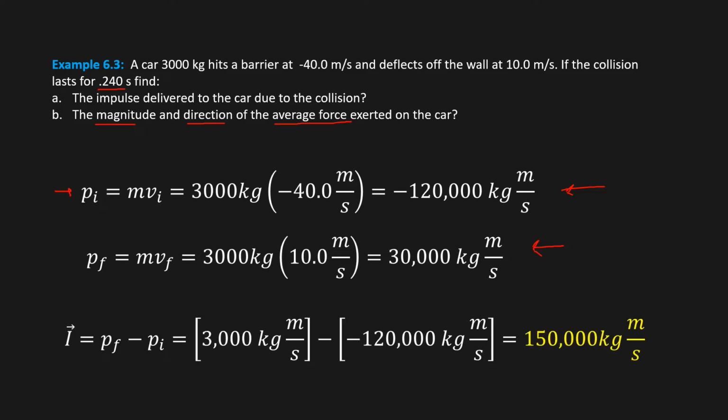And as we did in the last problem, we subtract, the change in momentum is the final minus the initial, and we get our answer. This is the same as impulse, and you could have units of